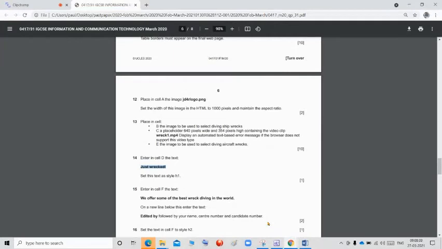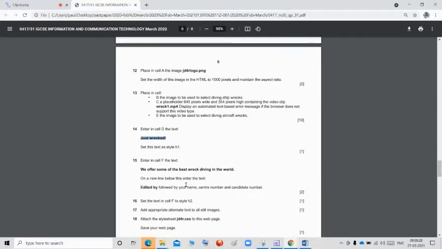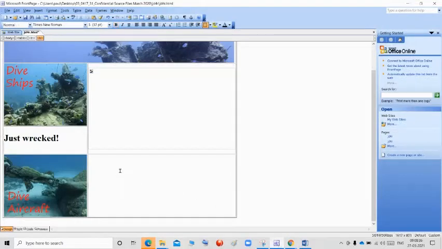Next, enter in cell F the text "We offer some of the best wreck diving in the world." In this cell F, we want to insert the text.